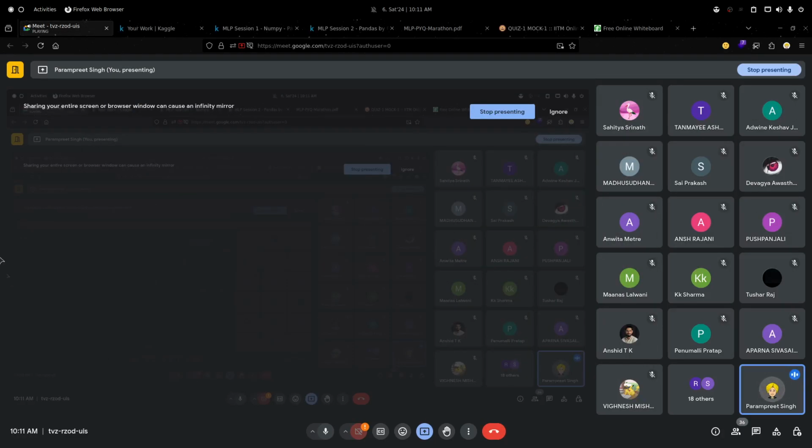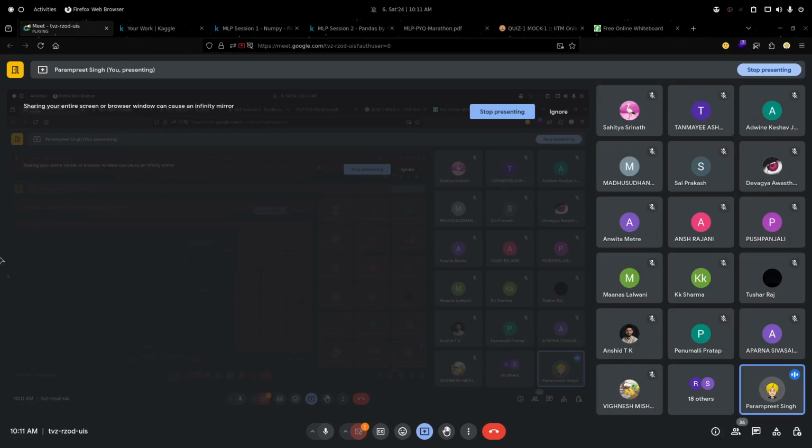A very small thing which I do not know why it did not occur to me before. Every array can have multiple dimensions, but can two dimensions have an unequal number of elements? That depends upon the array you are making. Is it possible, like the first has three elements, the second has two, the third has four? No, no, that is not possible.